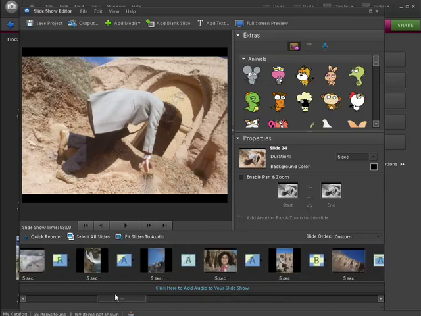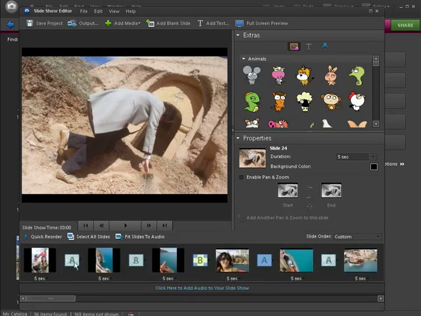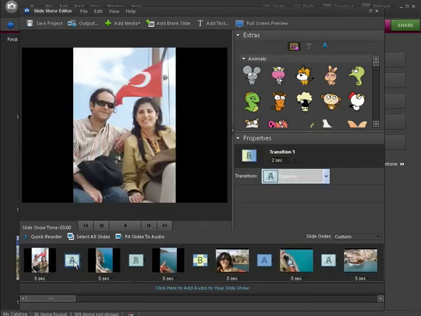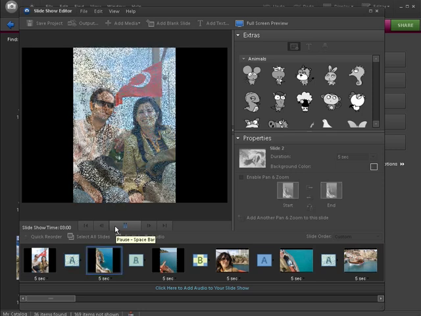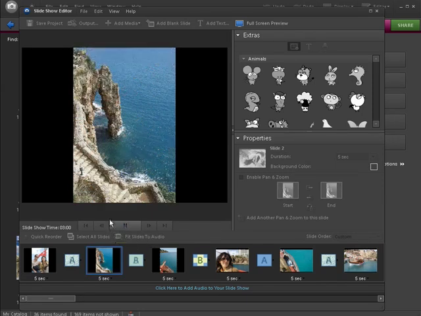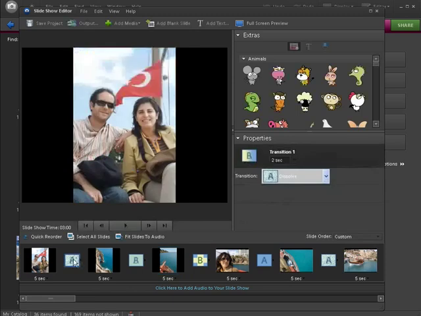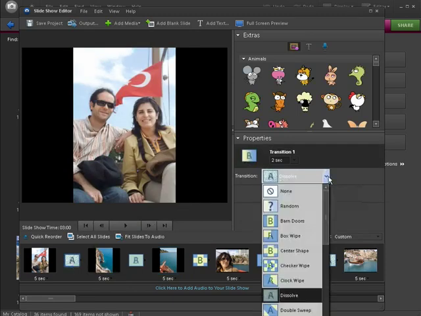But let's scroll back to the start now and let's start to think about fine-tuning some of these transitions, because there are transitions that are quite cheesy. So let's hit play again. This one here wasn't too bad as it jumps through to the next page. There we go. But it is a bit pixely and digital, so let's say we do want to get rid of it. So to change that, what you do is select the transition and then click on this option here